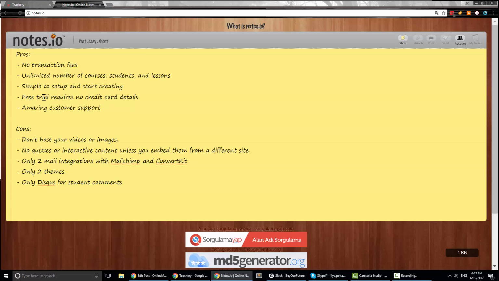And their free trial also requires no credit card details, which is always great. It's 14 days, so you have enough time to decide if you actually like it or if you want something with more features. As for the cons, they do not host your images or videos, which can be a big